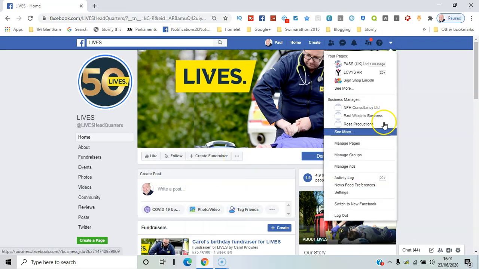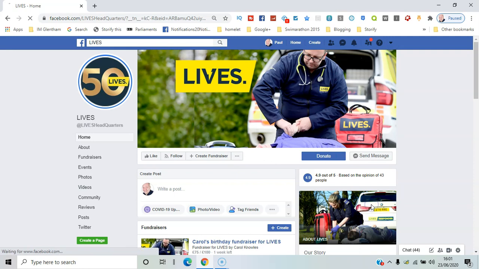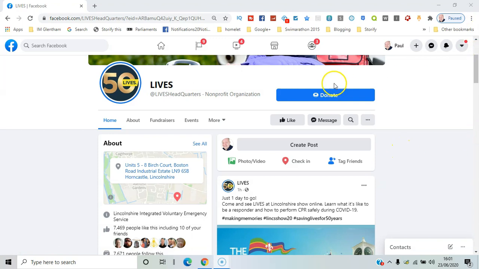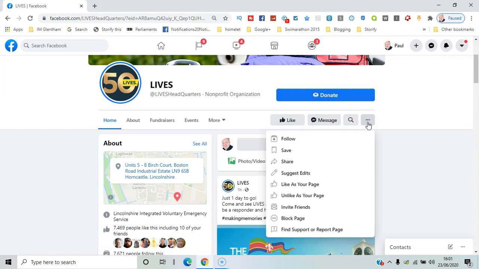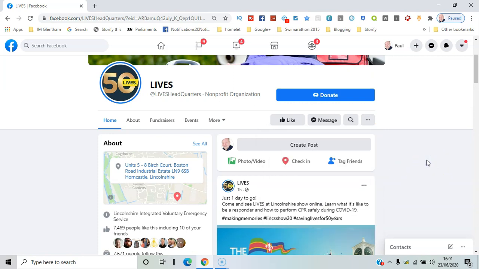In terms of the 2020 version, the new version of Facebook, again you go to the top right hand corner, click on the three dots, and there you can pick out like as your page or unlike as your page. So pretty straightforward. The pages feed gives you a clear filtered view of just the pages you're interested in, and